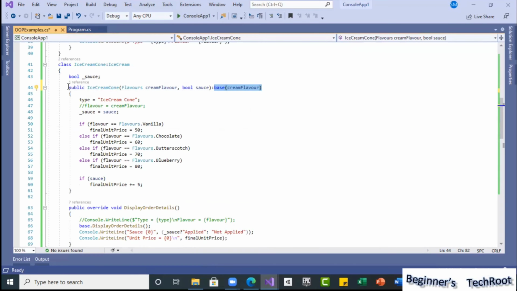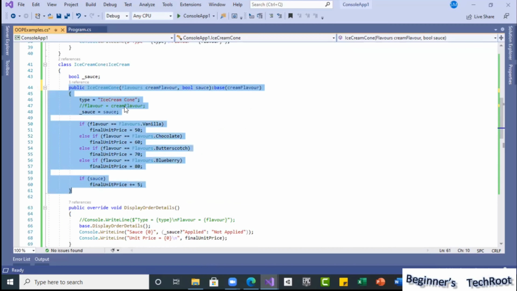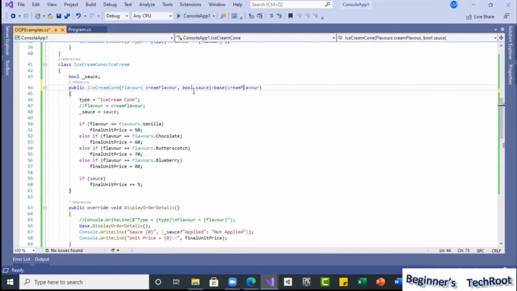As we defined in this class only one constructor with the parameters, these parameters you can use as values to pass as a parameter. So that is the advantage here. See, we are just passing this value to the base class as a base parameter. So this is the base keyword advantage.